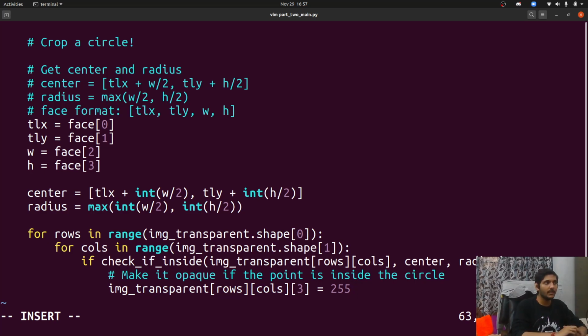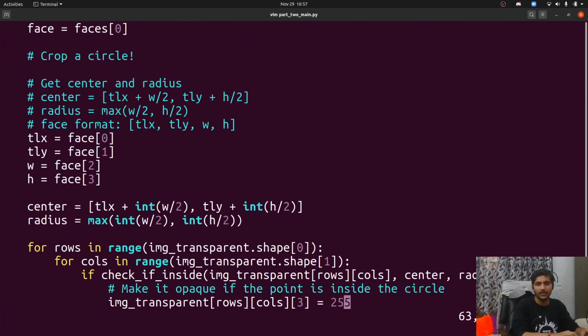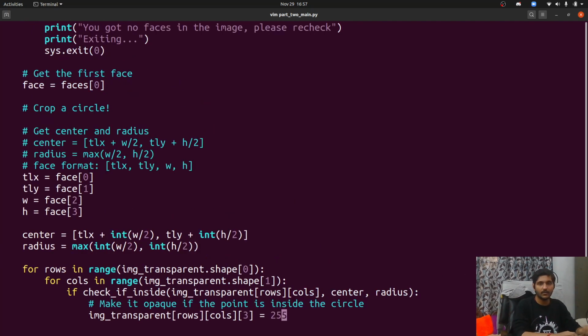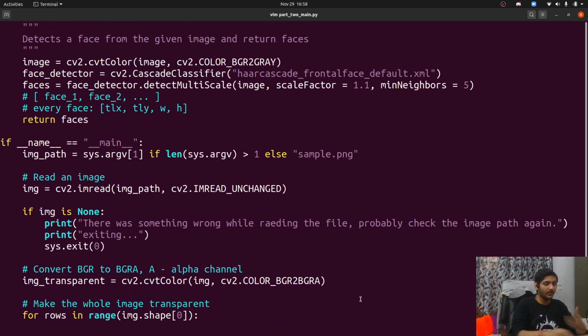So all we are doing is we got the center and radius. That means whatever we are passing to the check if inside function, the first pixel value comes from the center and radius I got. So let's go ahead and implement this function, which will check if that point is inside or not. For those of you who might not see this code, I just zoomed out, sorry. So this is the center and radius I'm writing here, and we are passing these values to this function called check if inside. Let's implement it.